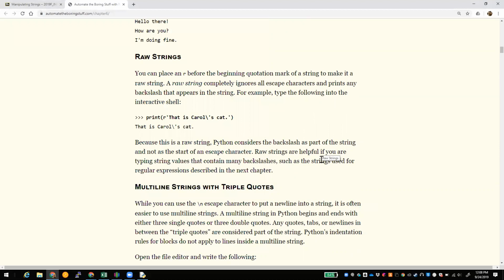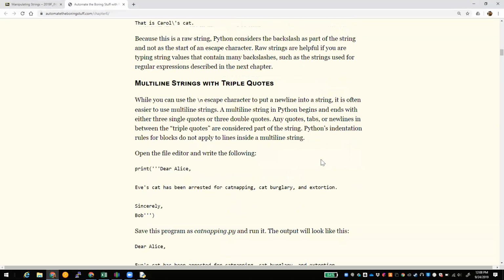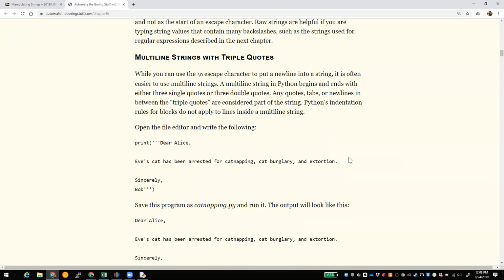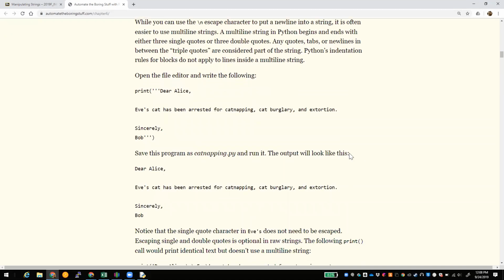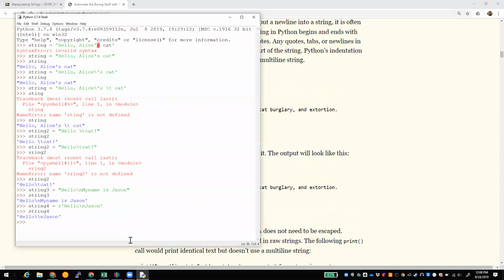So again, there are two ways to modify your characters. The simplest one for most of what you will use is to use double quotes when you need to use an apostrophe somewhere inside of your line. Instead of having a bunch of new line characters, you can also have a triple single quote. What that will do is allow you to print on multiple lines. So if I do something like string 5 equals